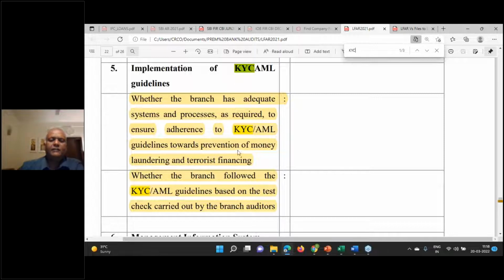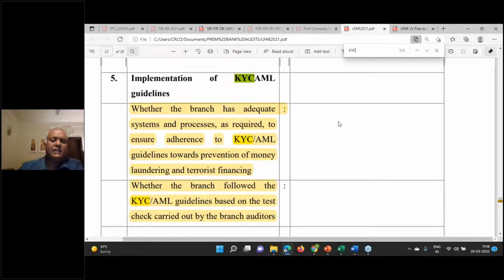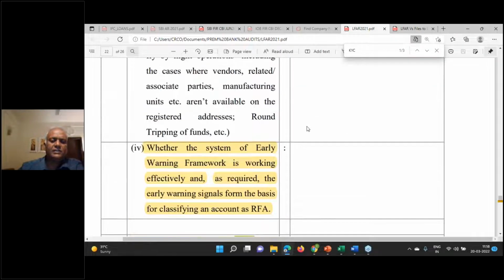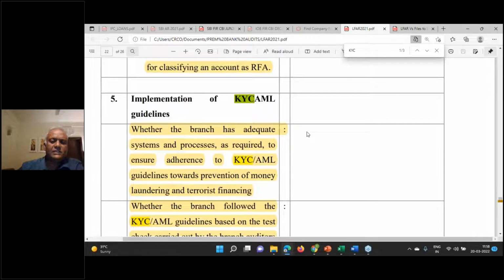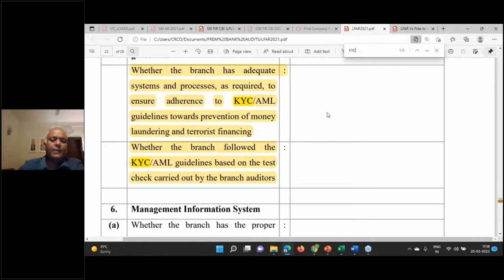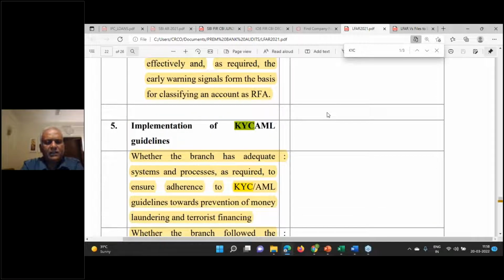If I give my LFAR as all yes, yes, yes, followed, and if I give MOC, or if I write somewhere something negative, the immediate thing we'll observe is, now in LFAR you are saying yes, in IFC you are saying no, in MOC you are giving something. There is an inconsistency in our reporting, and that will attract disciplinary mechanism. For example,